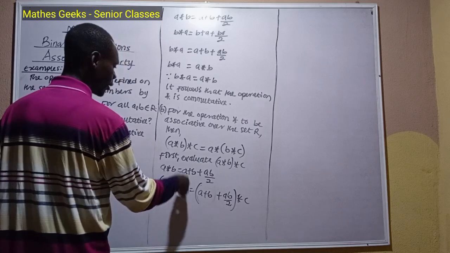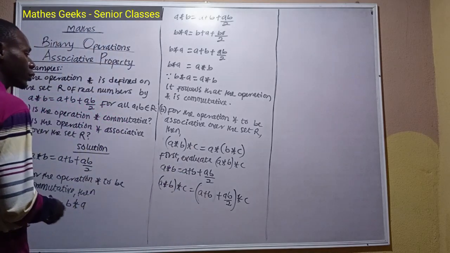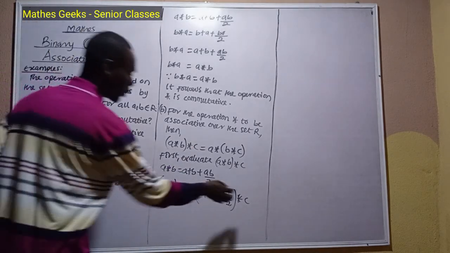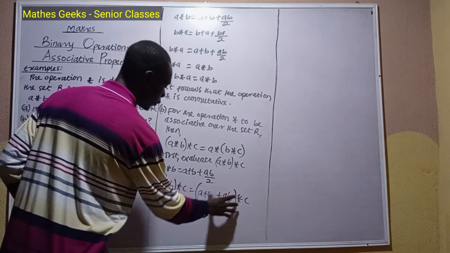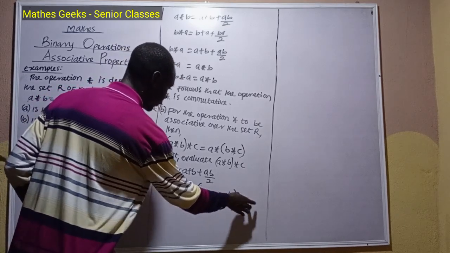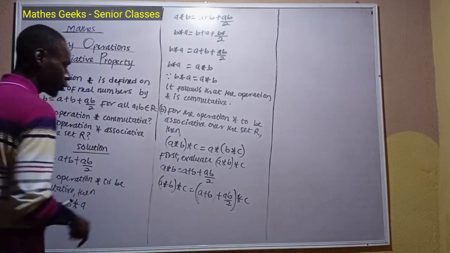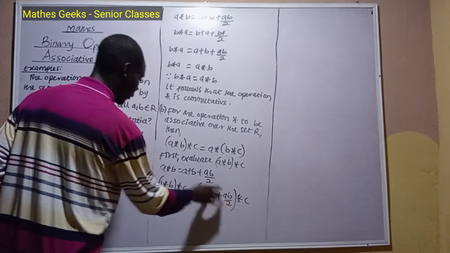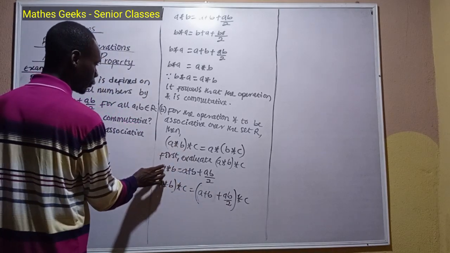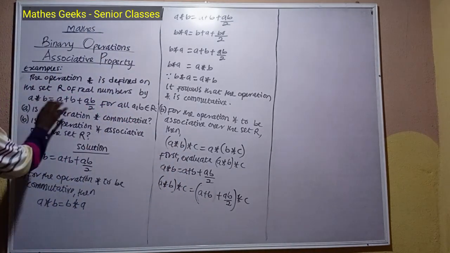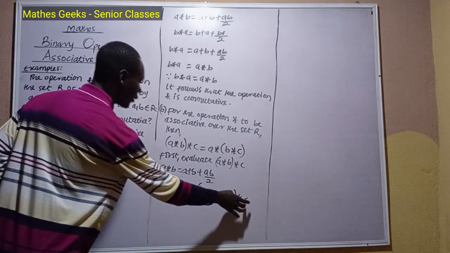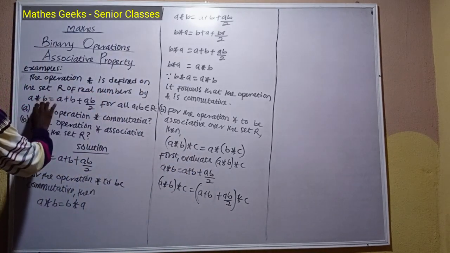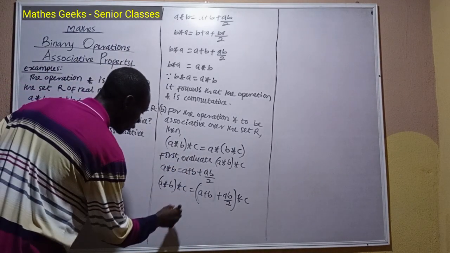And C is the third element that belongs to the set R. So let's combine this. So A is A star B. Okay. So you know that this part is taking the place of A here. This is the general rule, A here. And then C is taking the place of B here. So this will give us